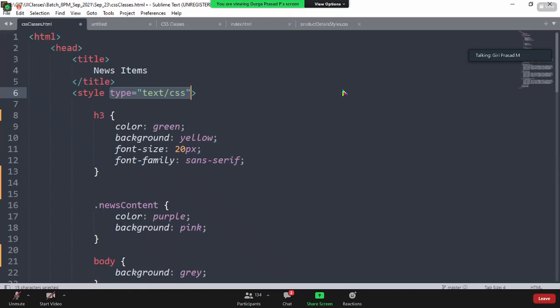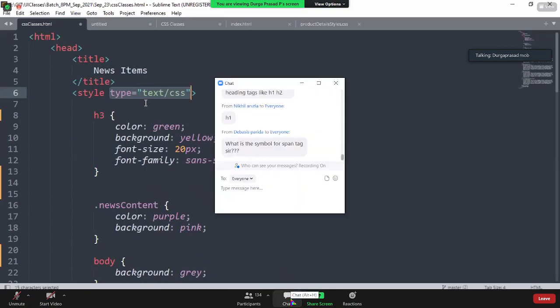Apart from text/CSS, what else can we give in that type as a value? Right now, in the style tag, we can only give text/CSS. That is the reason it is optional. If it were something other than CSS, there would be confusion about what type to consider. By default, I'm going to add CSS. That is the reason it is optional. But there is something called content type, like when we see Ajax calls.